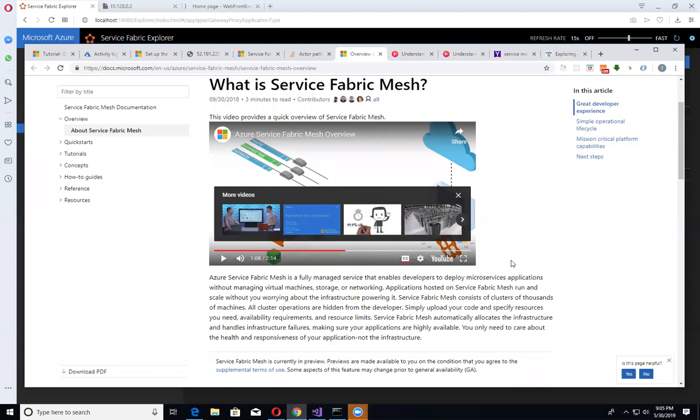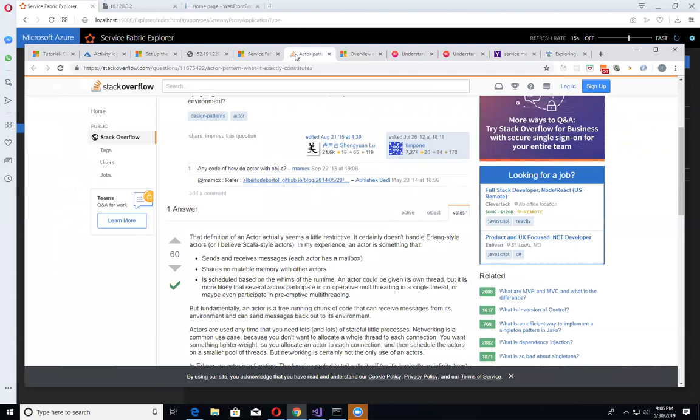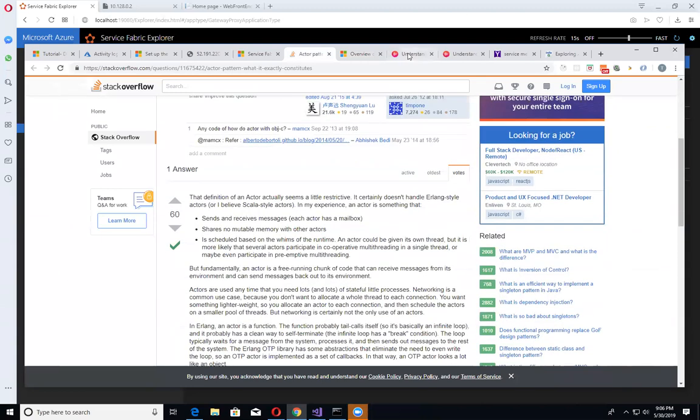So I noticed Azure has Service Fabric Mesh, which is a fully managed service, and it handles your microservices for you in a way, by managing infrastructure, and it handles its own storage and networking, and it's predominantly based on the actor programming model pattern. And if you want to learn a little bit more about actors, you can do a search for it, because that's kind of outside the scope of this. But basically,